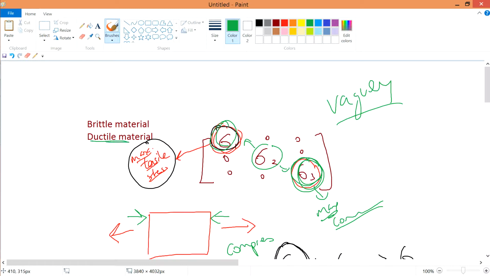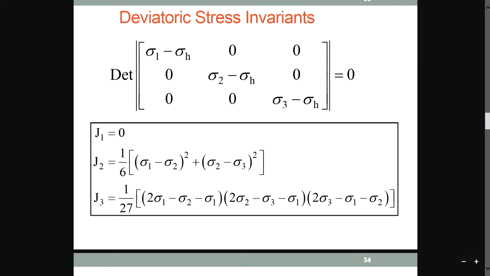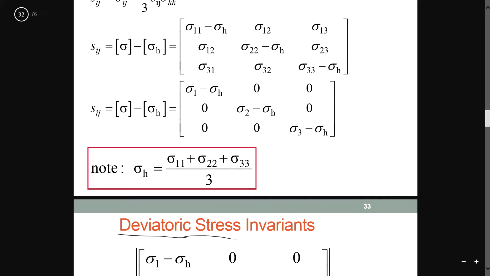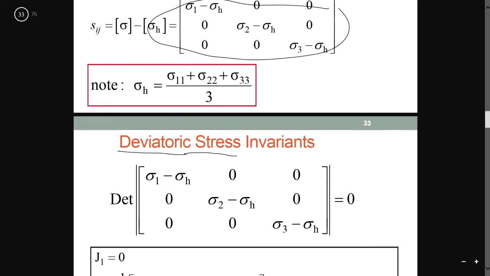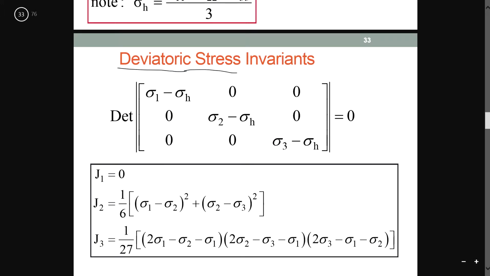Ductile material is more vaguely described. How does it link, and where does it link to? It's going to link to the principal of the deviatoric stress. This is the deviatoric stress, and this is the principal of the deviatoric stress that I talked about. And the deviatoric stress invariant J2,